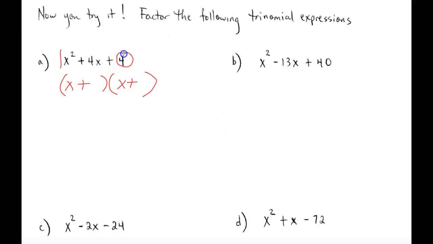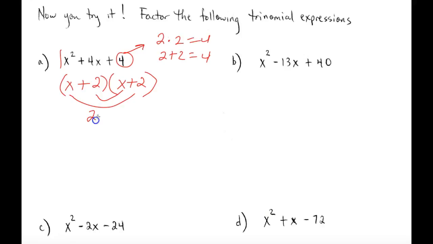And so now we look at 4 and we say what times what is 4, but also adds to be 4. And if we think about that, we know 2 times 2 is 4, but 2 plus 2 is also 4. So here that means we could put 2's here,